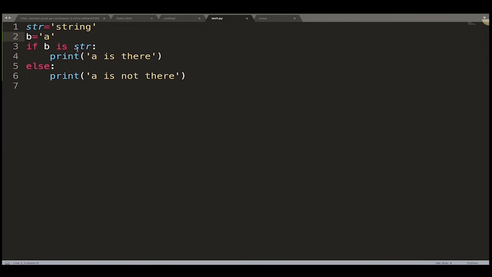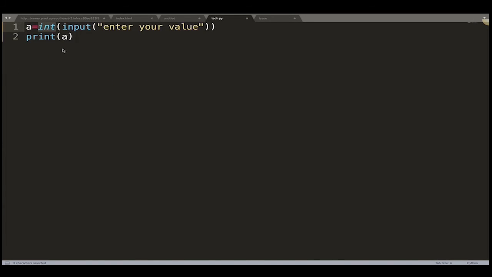So basically we can't use in here, because the in operator is for iteration purpose, as in a for loop, for i in. So in is used for iterations. Okay. Then what I am doing is, if b is in str, meaning whether the a value is present in str or not. So the condition is false. So how does if else execution work? If the condition is true, then it will print the value from the if condition. If the condition is false, then it prints the else condition.